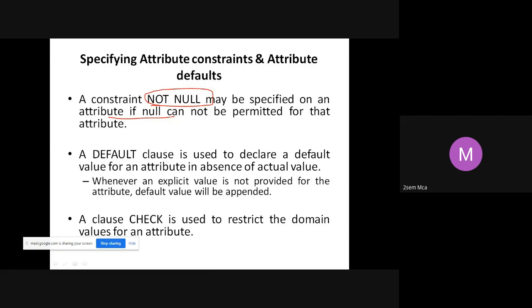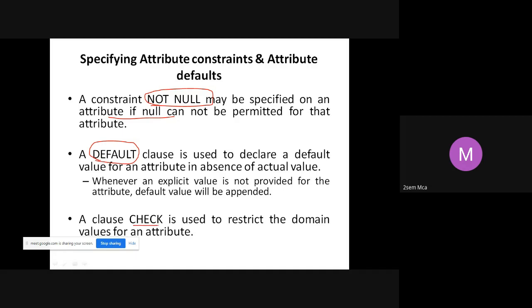Okay, and then we have a default clause. You can use the default clause if you want to specify any particular default value. While I create that attribute, I can use this keyword default and specify some default values.